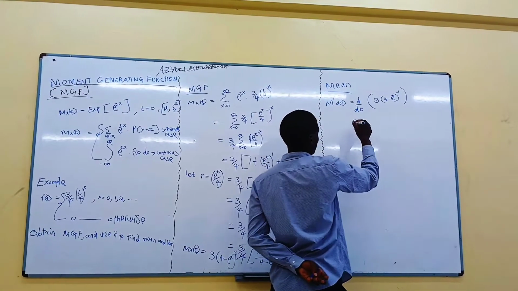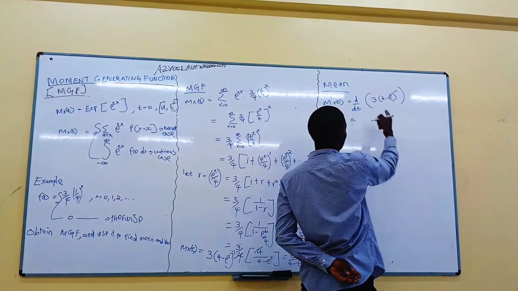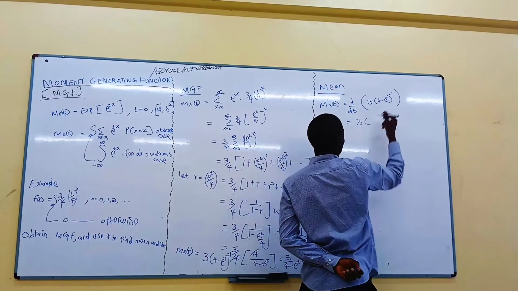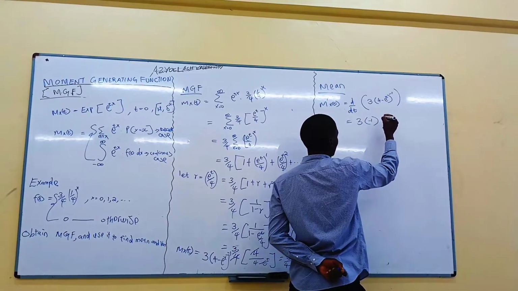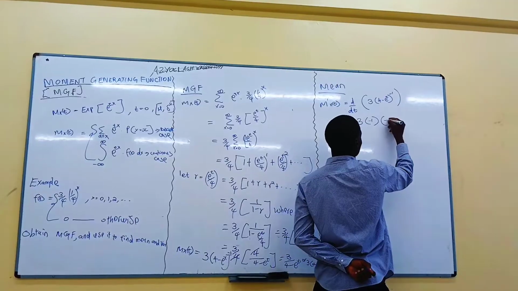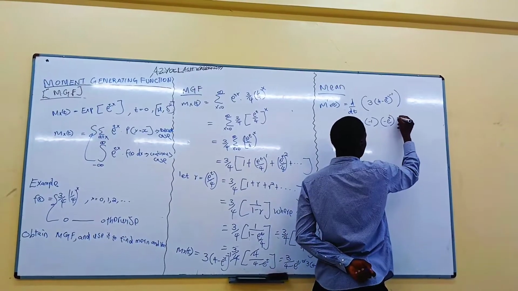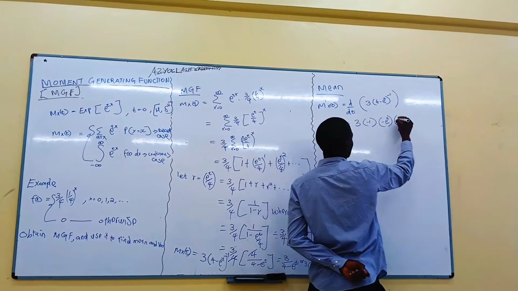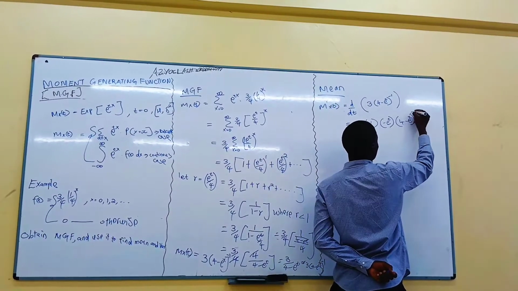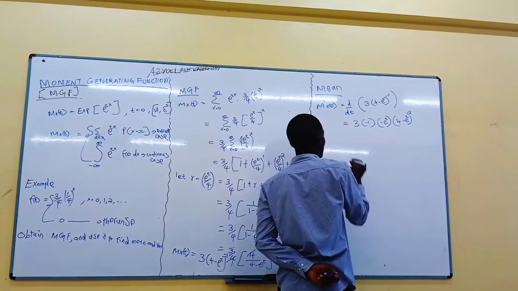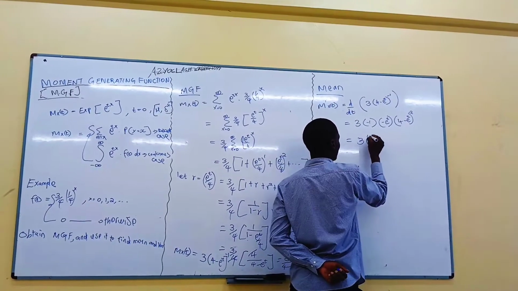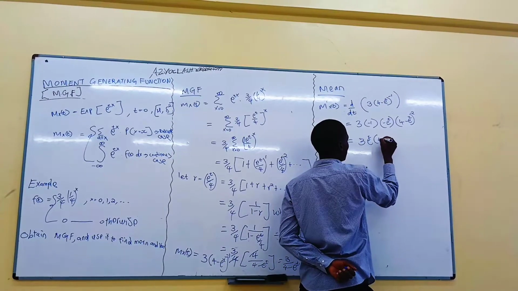So we are going to use chain rule to differentiate. So it's going to be 3, you write the power, you find the derivative of what is inside the bracket, which will be negative e^t. Then you write what is inside the bracket, 4 minus e^t. Then you lower the power by 1, which is going to be negative 2. If you factor out, it's going to be 3e^t (4 minus e^t)